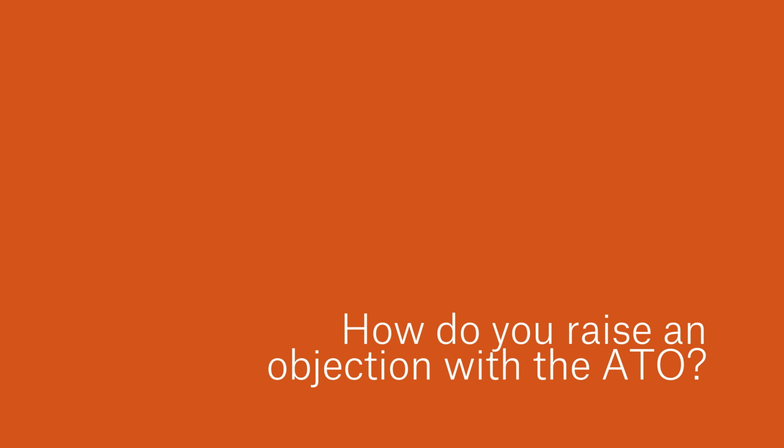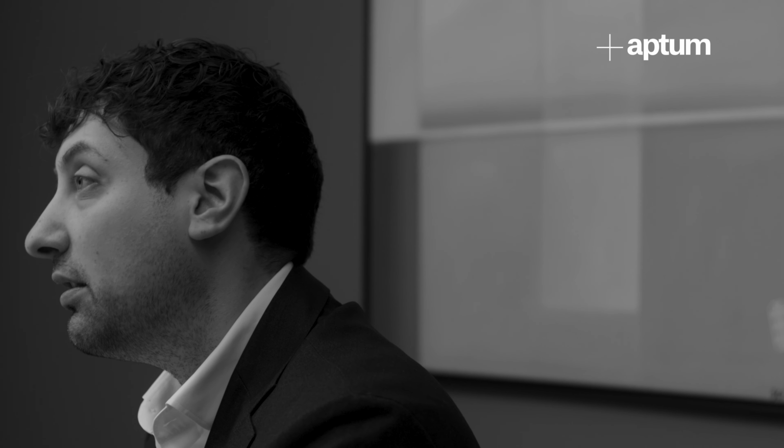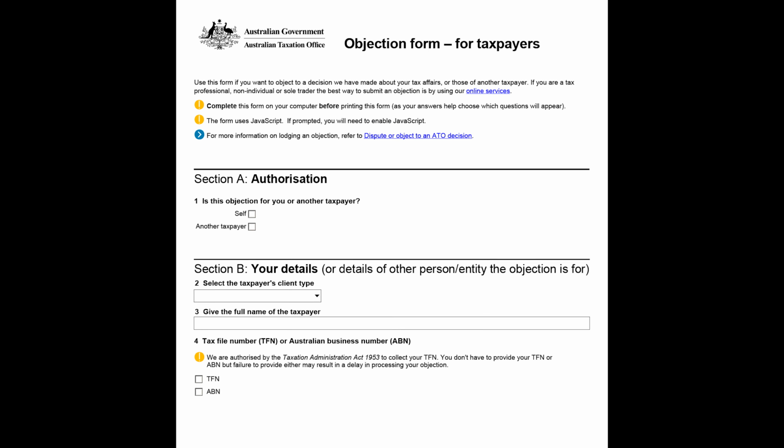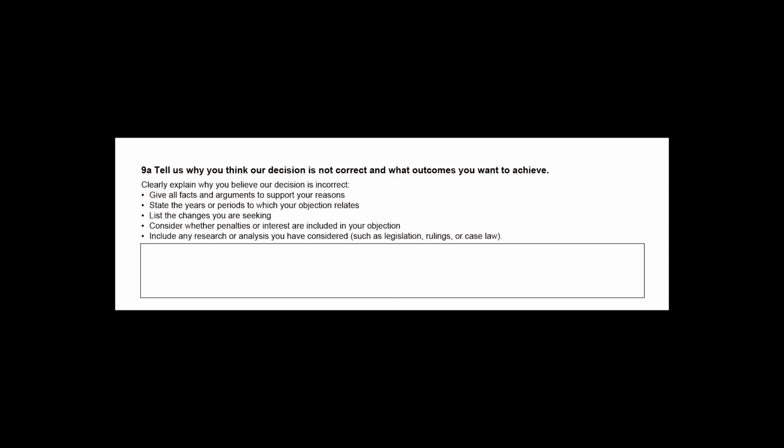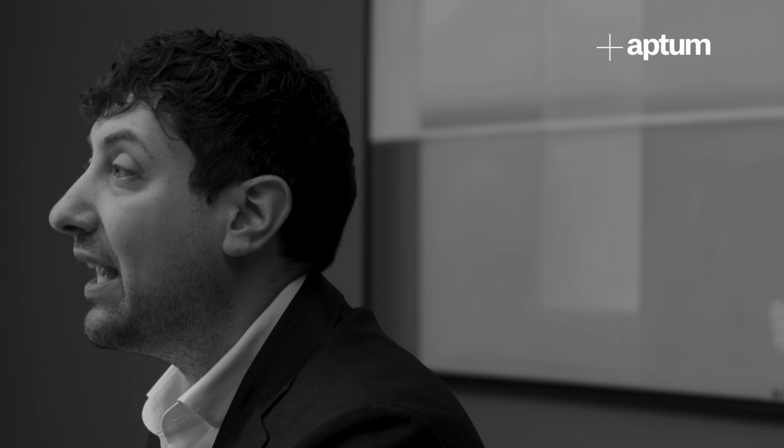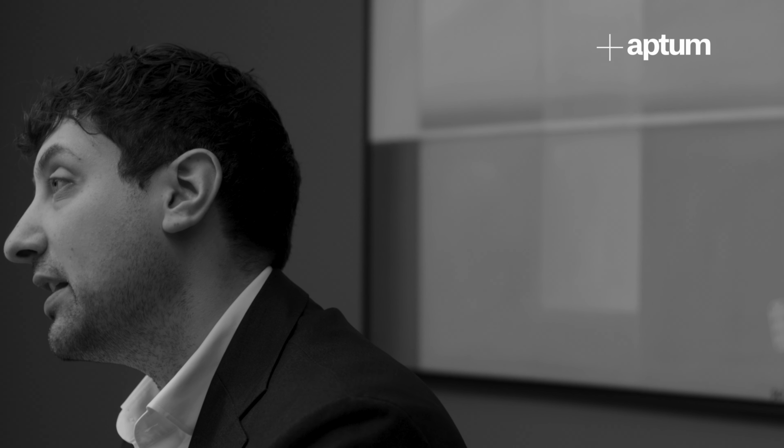How do you raise an objection with the ATO? It's actually relatively simple, but there are some key things that you need to make sure you get right. So there is actually a particular form that can be used. Alternatively, you can write a letter, but you need to make sure that letter contains the same things that would be in those forms. But basically, the ATO would have made a decision. You need to set out your details, or if you're a representative, your details as their representative. You need to set out fully and in detail the reasons and the grounds why you disagree with that decision. And importantly, there are actually certain things you need to declare around making sure the information you provide is true and correct.